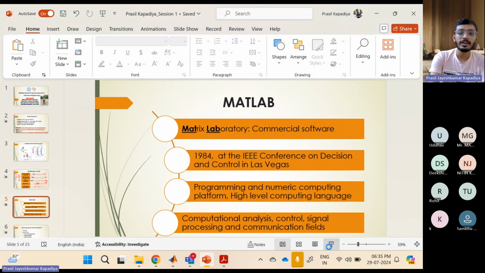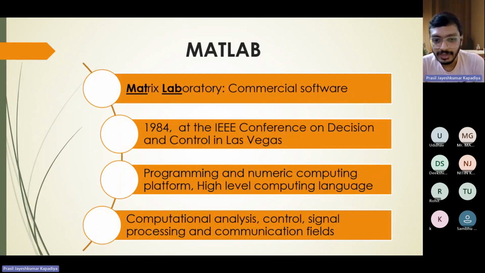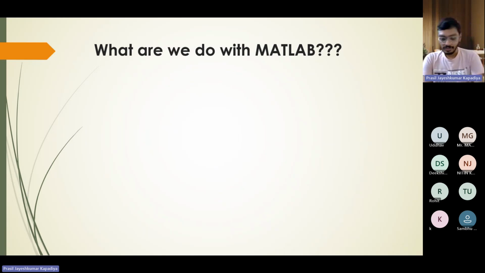It is a high-level computing language, and it is used for computational analysis, control, signal processing and communication fields. With MATLAB you can also install Simulink, which is mainly used for process control applications. We'll not go there, but this is what MATLAB is. Okay, so